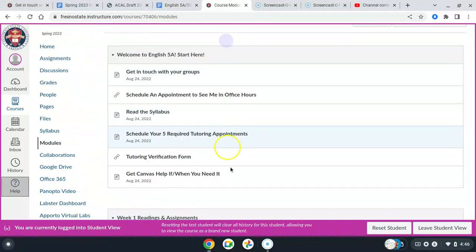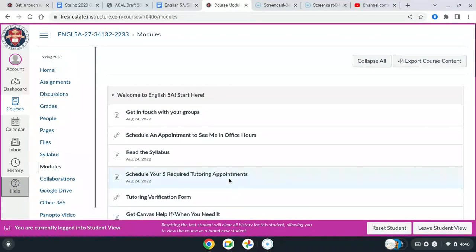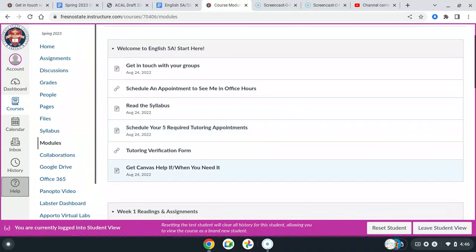All right, so that is how we complete assignments. We're going to be doing several of those each week, so make sure that you're familiar with that process. And if you get stuck, make sure you reach out to your groups, reach out to Canvas help this way or using this link, or text me if you need some additional